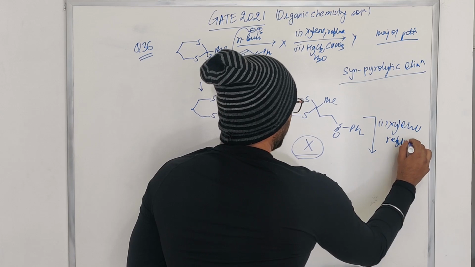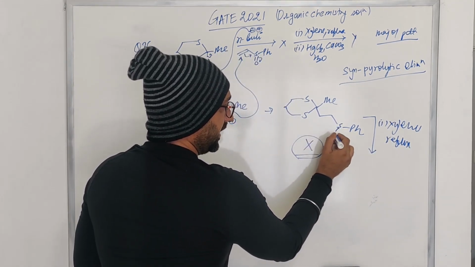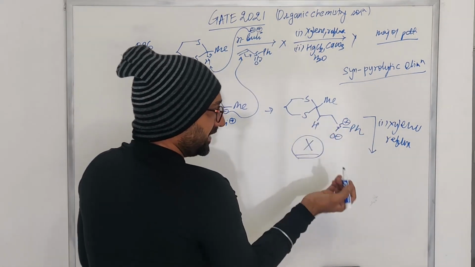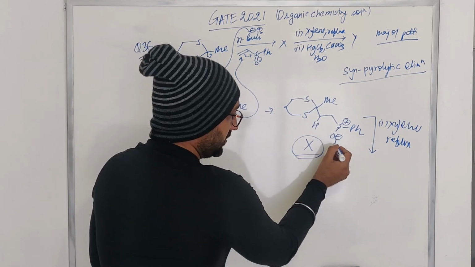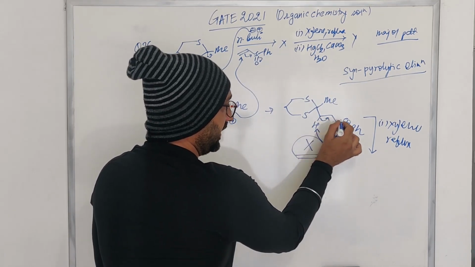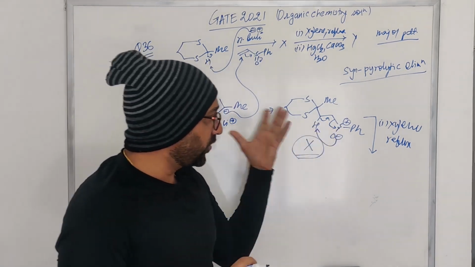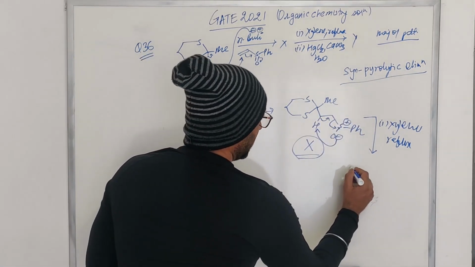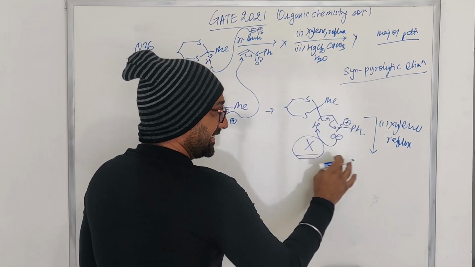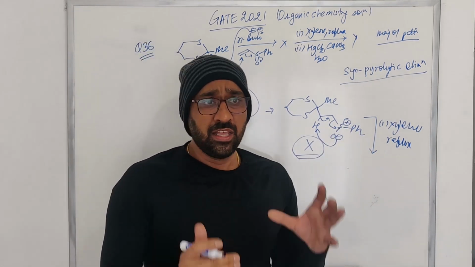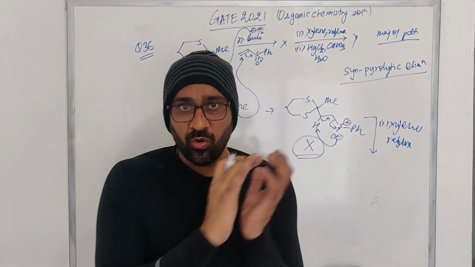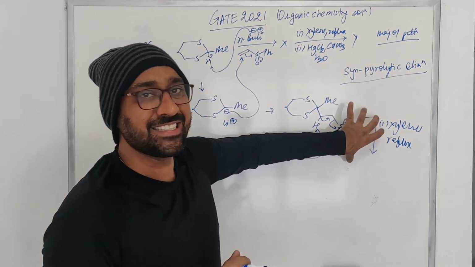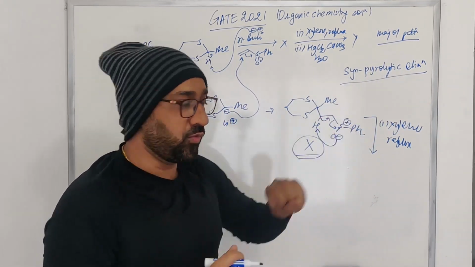So once you take xylene reflux, if it's a sulfone, I can also write it like this, right? I can also write it like that. So what happens is basically, once you heat such sulfones, they undergo a kind of elimination. So this oxygen is going to pluck this proton, it moves here, and this goes here. So here the driving force is the elimination and the formation of a strong carbon-carbon double bond. So this is exactly what is happening, and at the same time what you are releasing is a neutral molecule. And I've said it many times, whenever you are forming neutral molecules, it always drives the reaction in the forward direction. So this is nothing but, this is called 1,3-syn pyrolytic elimination of sulfones when you heat them.